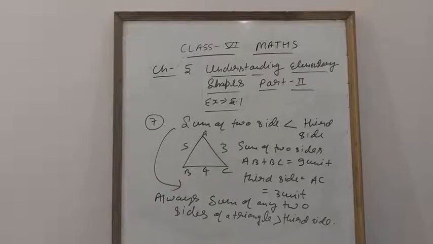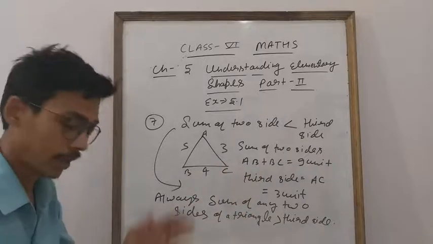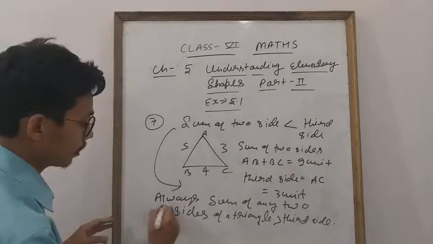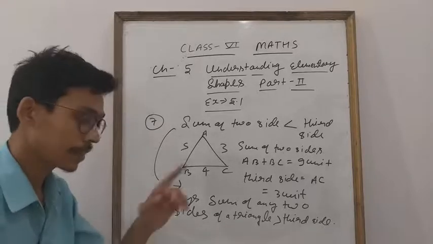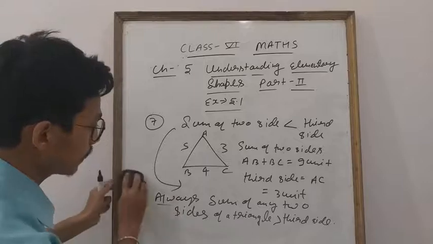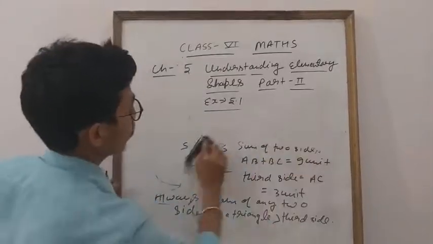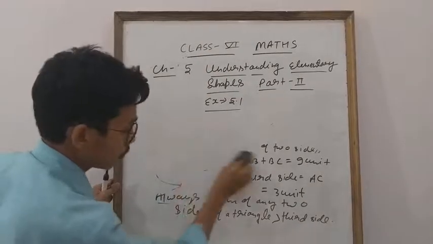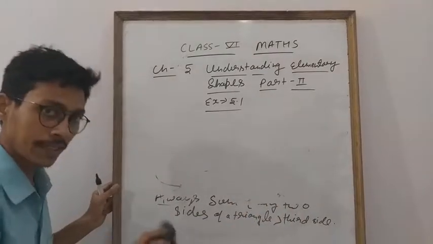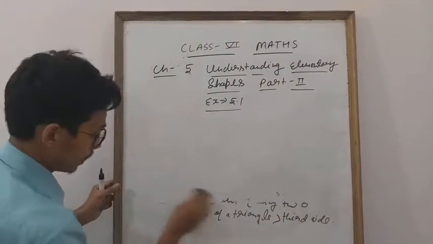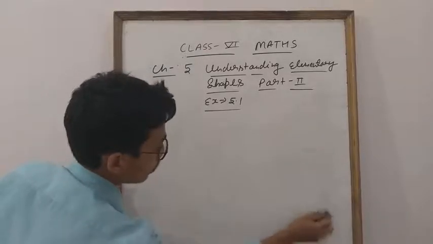Okay everyone. So now student, in this you have to give 5 examples. You will take triangles and you will find out. Always remember that the sum of the lengths of any two sides of a triangle is greater than the third side. Clear everyone? If less than, then it is not a triangle. So this is the property of the triangle. Now student, next we will move to exercise 5.2, and only one question I left in this one for yourself, because the explanation I gave for everything. The next exercise is based on the clock, students. The clock we discussed everything.